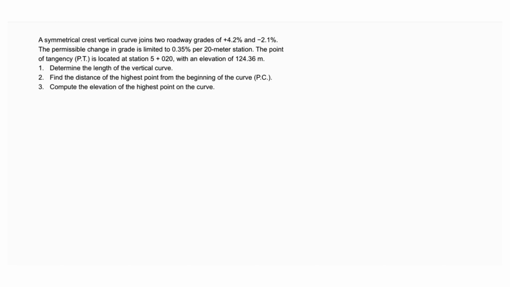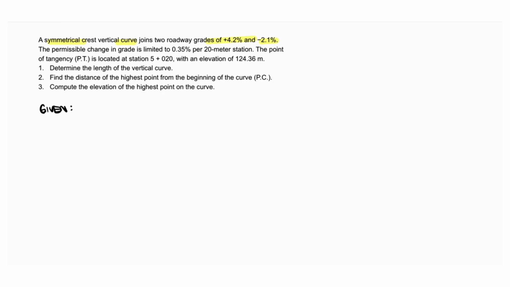Now, let's discuss sample problem number 2. As usual, we'll start by listing all the given values, and then we'll identify whether the curve is symmetrical or unsymmetrical. Looking at the problem, it is clearly stated that the curve is symmetrical, so we can proceed with that